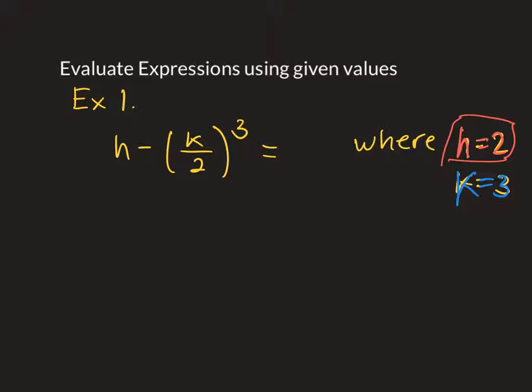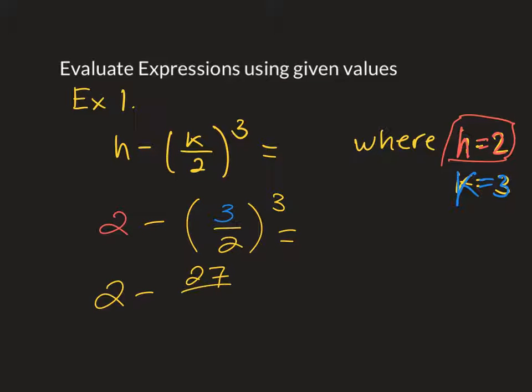So first one's h, 2, okay, minus some number over 2 to the third power, and inside it's going to be blue, which is going to be 3. Okay, so to evaluate this, you're going to get 2 minus 3 to the third is